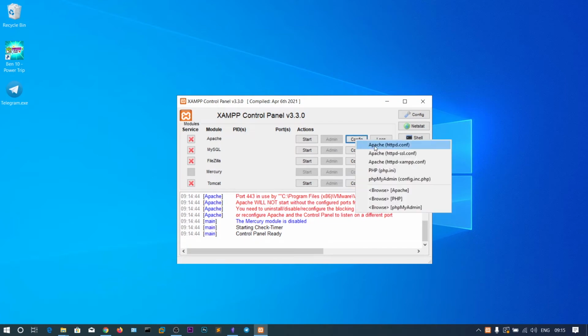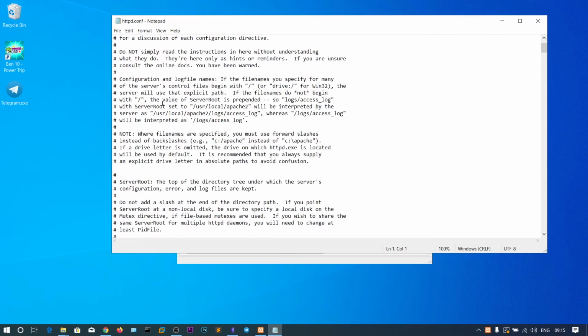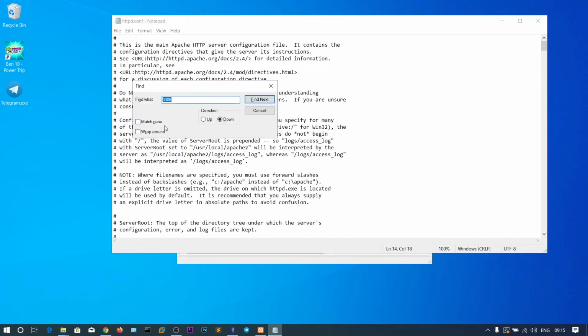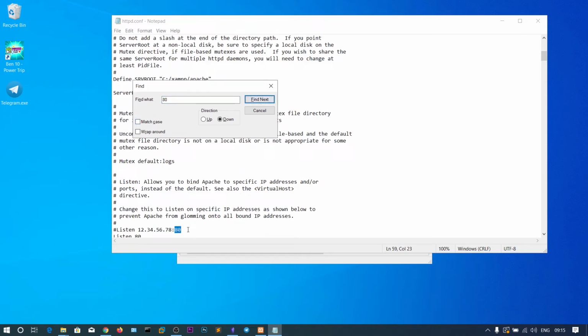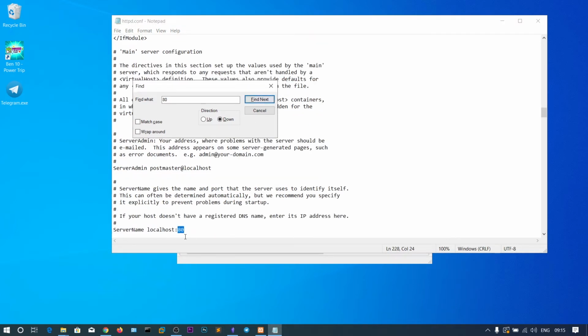Click on config and click on httpd.conf. Now here you need to press Ctrl F and search for port 80. Click on find next, and change 80 to 8080, and click on find next and change it to 8080. So 8080. That should do it.